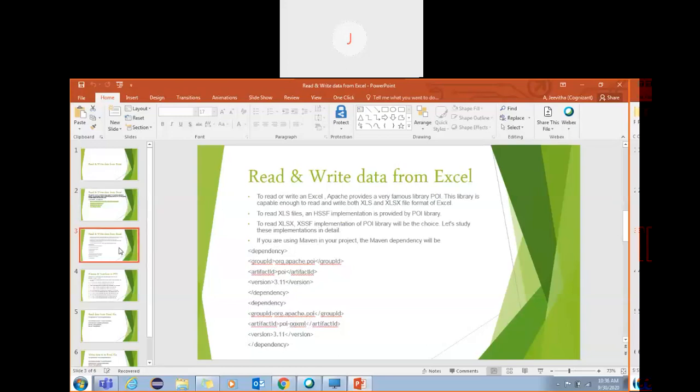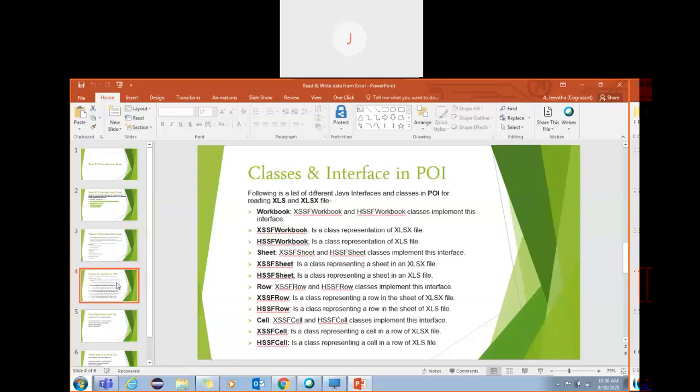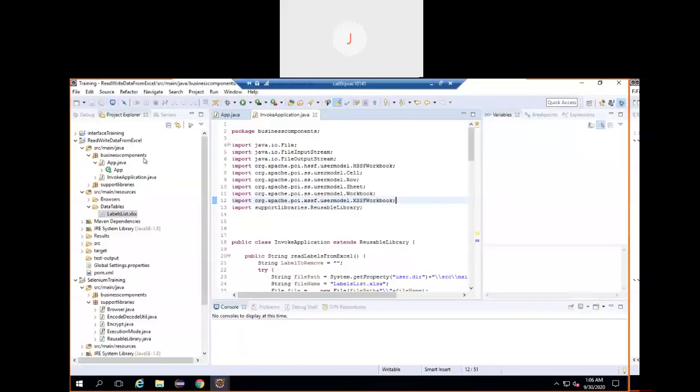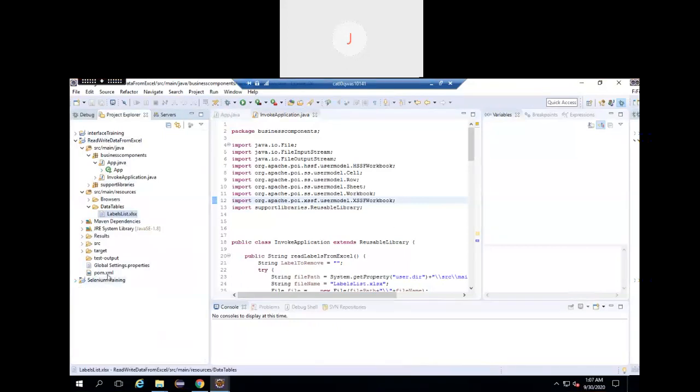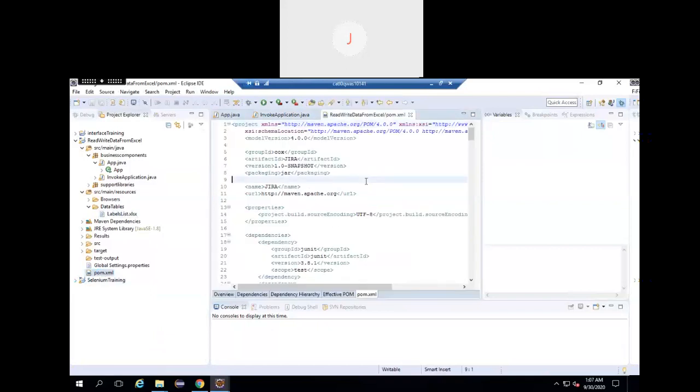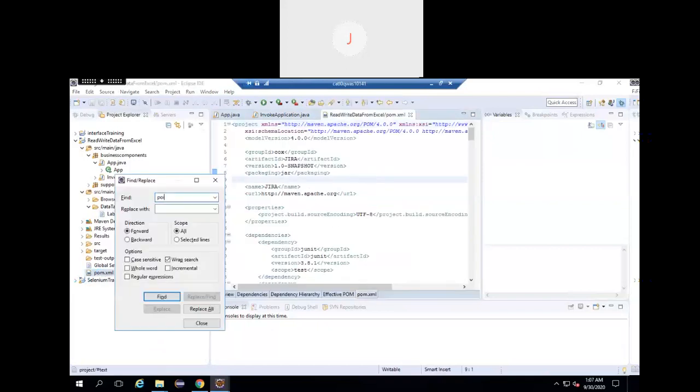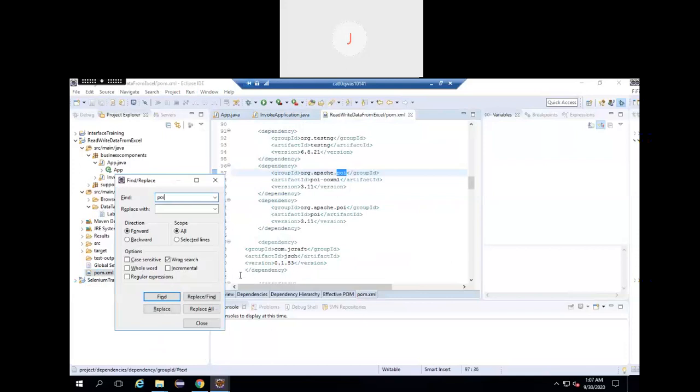Okay. Before proceeding with this, I want to show how it works, then I want to come back here. Let me show how we have to configure it. You all know, right?